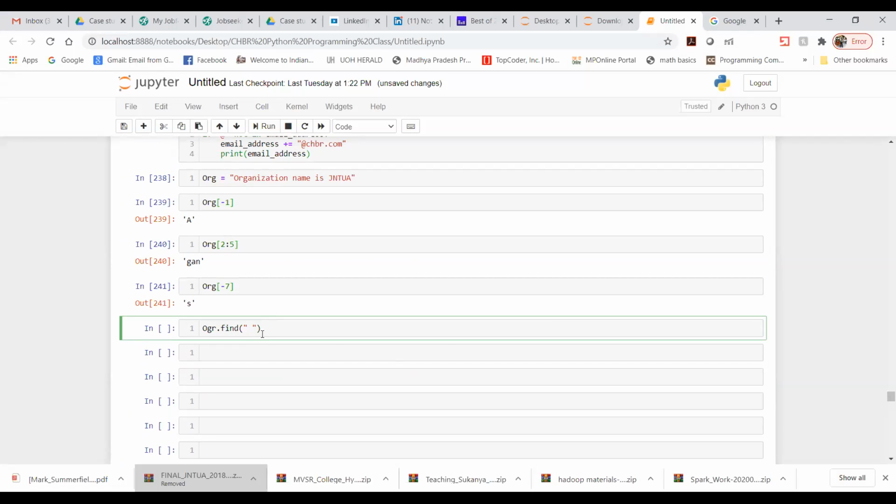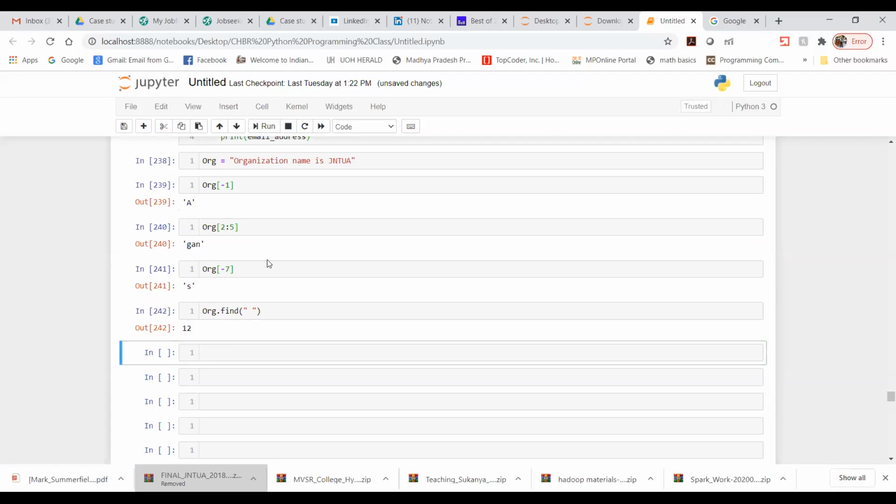I have given a space in between. See, in the 12th position I am getting a space. My first space comes in the 12th position, so let me count: 1 2 3 4 5 6 7 8 9 10 11 12. So here we are getting the space, which is correct.